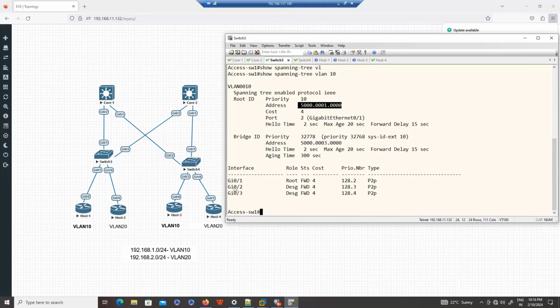But if you see on this device, this port is showing a root. That means ये पोर्ट ट्रैफिक को कैरी करेगा. So here guys, ideally root, okay. So let me show you guys, let's say from host 1 to host 3, how they communicate,